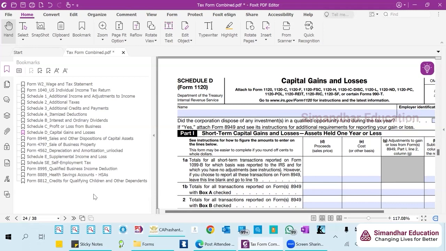So I want you to get the feel of the form, and this is your homework. It's nothing big. Only thing is take the 1040, take all these related schedules and see how the numbers are flowing between each of the forms and schedules. Feel it. Fall in love with tax. Enjoy tax. This is all I have for today.